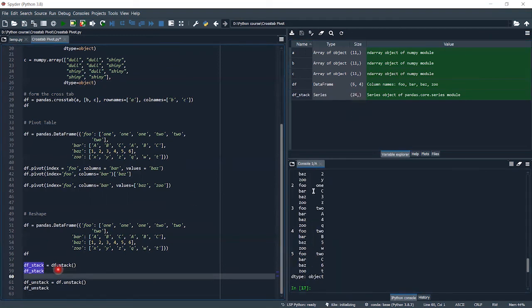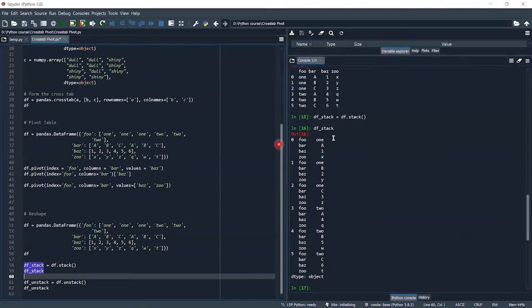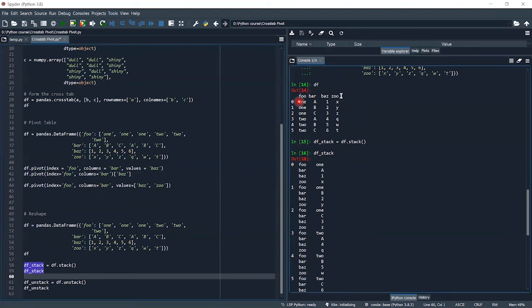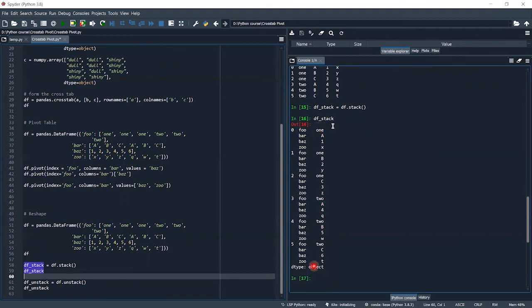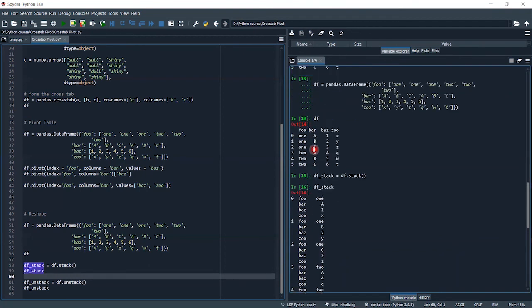Now let's see this df_stack. As you can see, the first row became the first column, with 1, a, x. Then the second row was joined below this first column and became 1, 1, b, b, 2, 2 and y, y. So the first row comes here, the second row joins below, the third row joins below, and every row joins below and becomes only a single column having 24 rows.